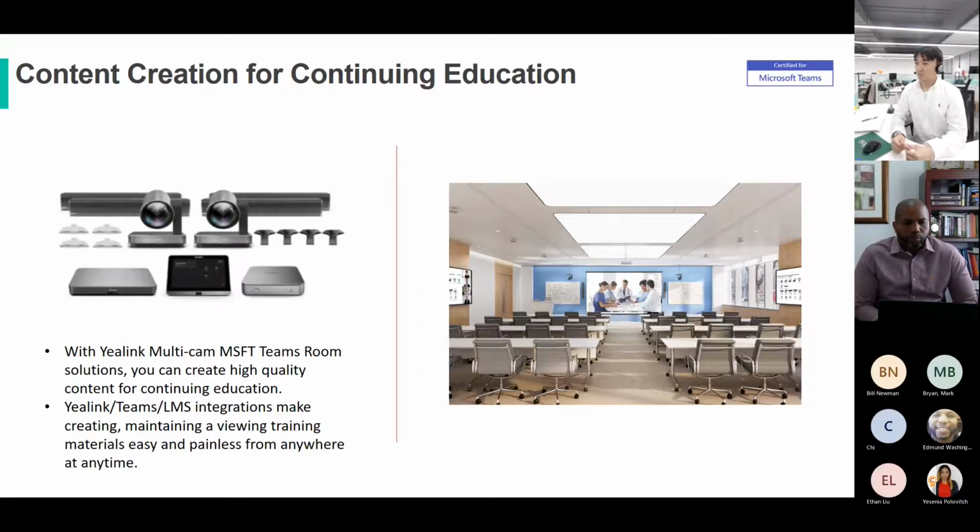So, for example, if I want to do a course on how to run the latest lab tests, or perhaps how to teach CPR, I can use one of these cameras as a spotlight camera on a work surface or a bed and conduct the training one time, record that session into Teams, and then import it into